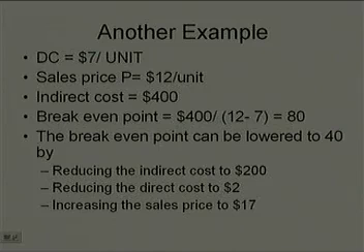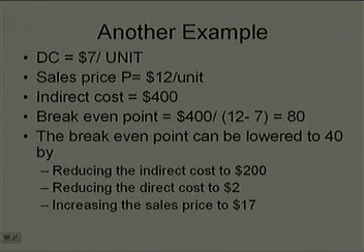So, you will find that break-even point for this particular example would be $400 divided by 12 minus 7. Now, this 12 minus 7, if you remember the previous lecture, we had defined this as contribution. Contribution is what you are getting by selling 1 unit of product. So, you find that if you are able to sell 80 units of product, you will be able to recover your total cost that you are incurring.